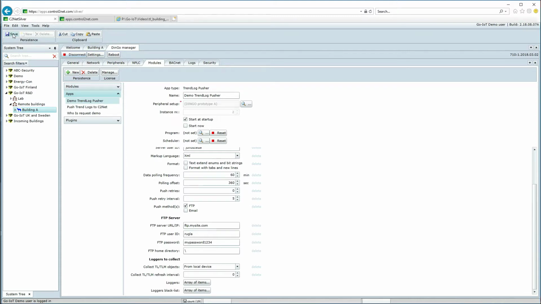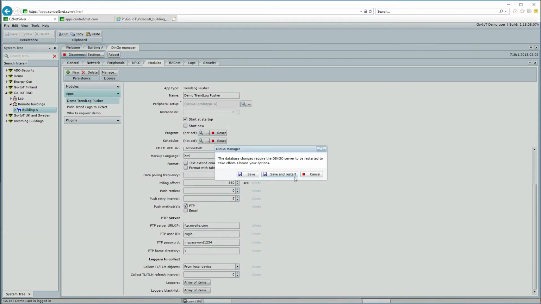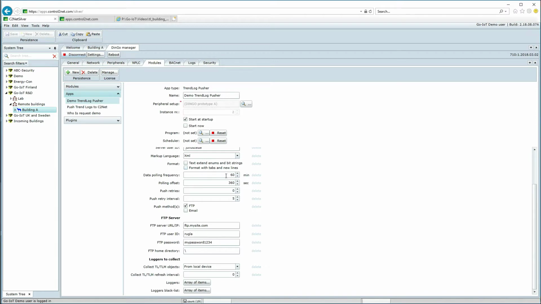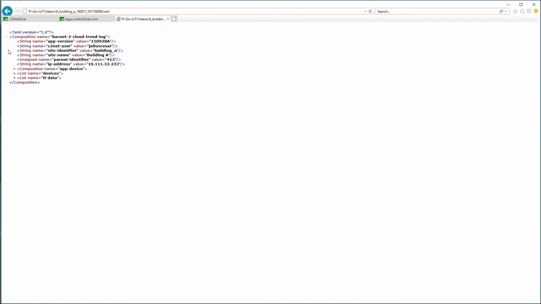So we push the save button and it would save and restart. We are not going to do it in this case because, as I said before, we have already done this. So what happens now, within the next hour, the first file will be generated, and it will look something like that. This is the XML file,